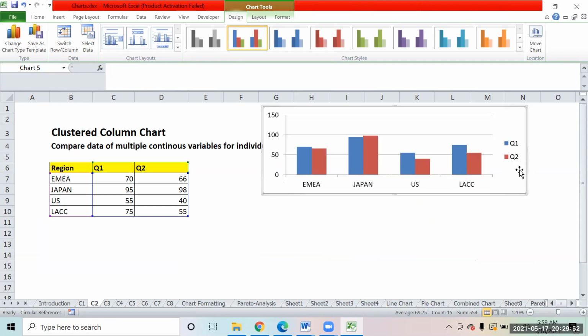I can see that in Q1, the highest revenue was generated in Japan. In Q2 also, the highest revenue was generated in Japan.